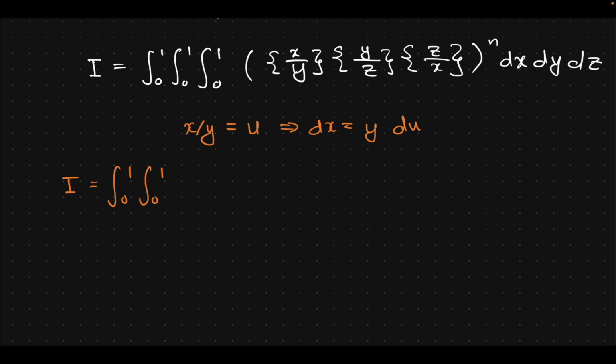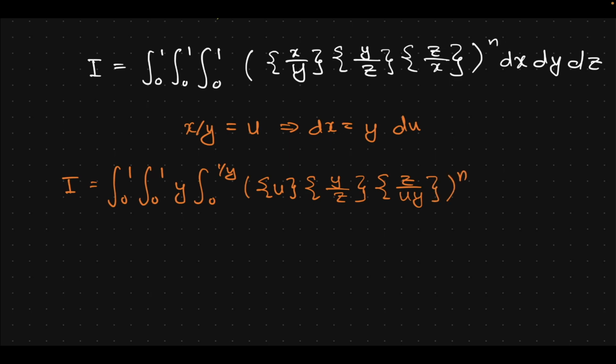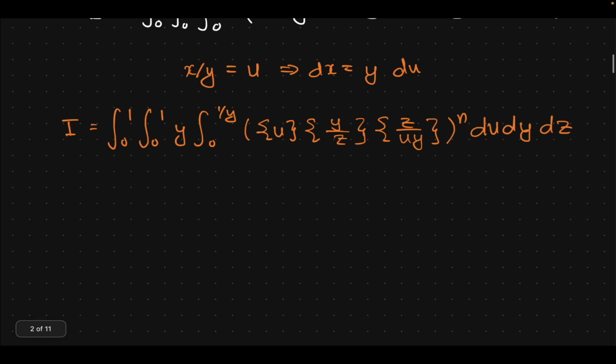So with this, we just have y, integral 0 to 1 over y, we have u, y over z, z over uy to the n, du dy dz. Now what I want to do is